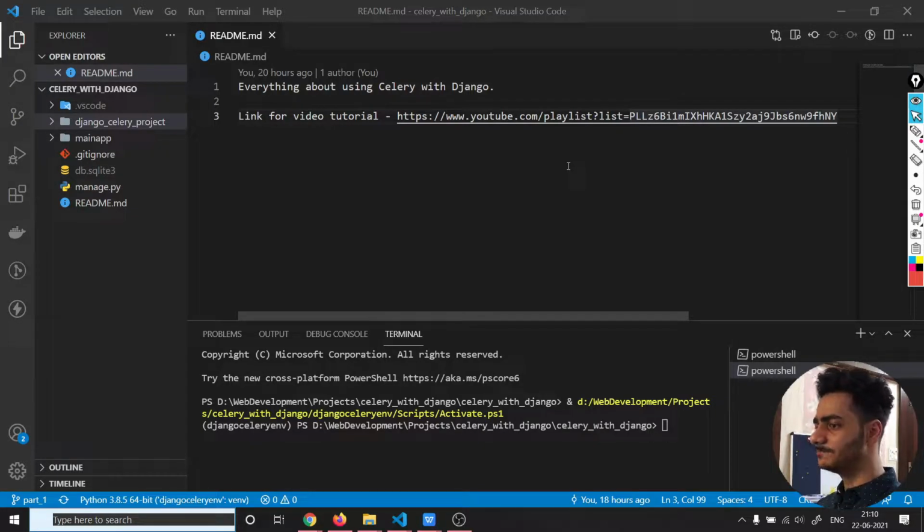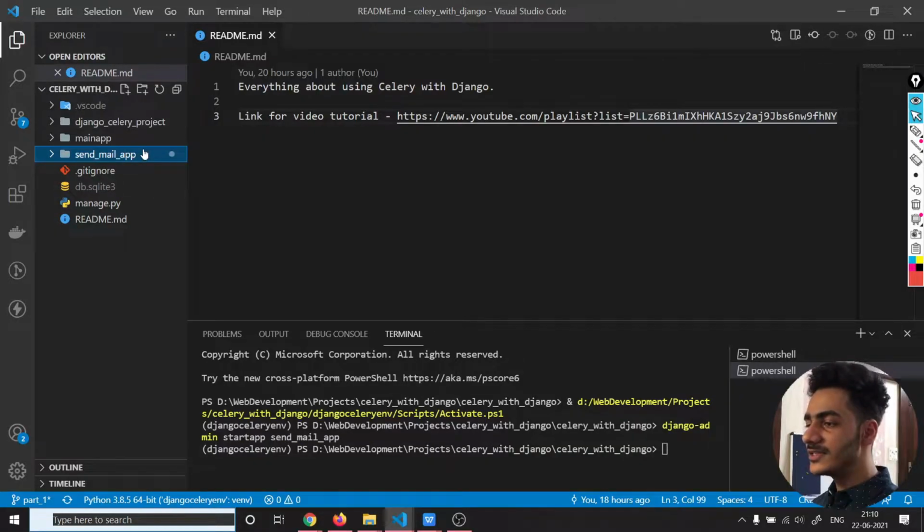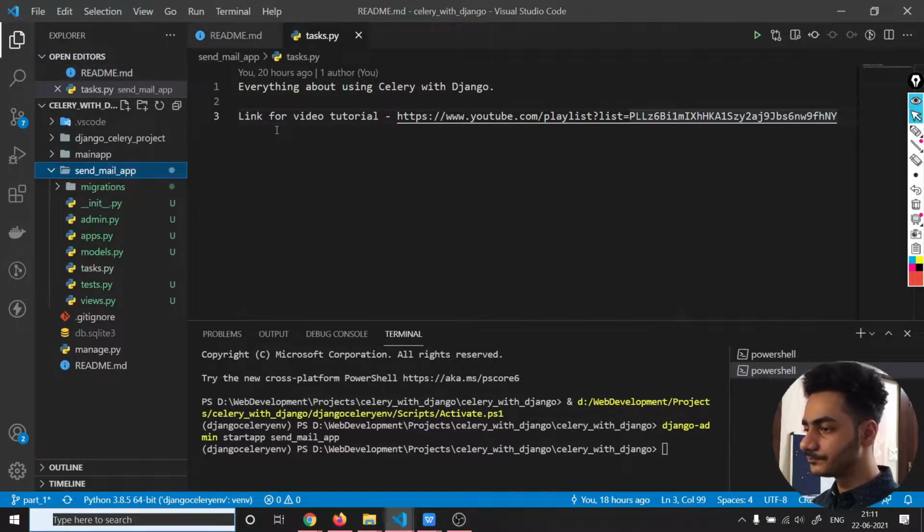Let's get started. So here I will create one new app for sending mails. Django admin start app, and let's name it send mail app. And now inside this I will create one more file, that is task.py.